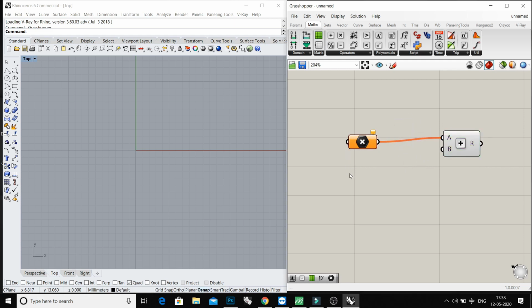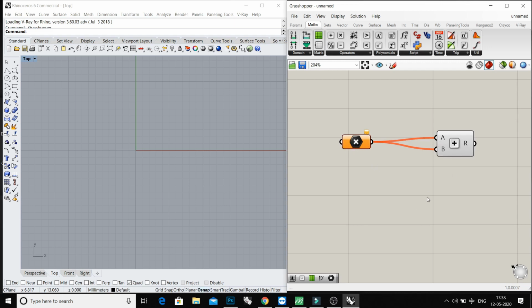As I told you in the first video, we cannot connect input to input. We always connect output to input.